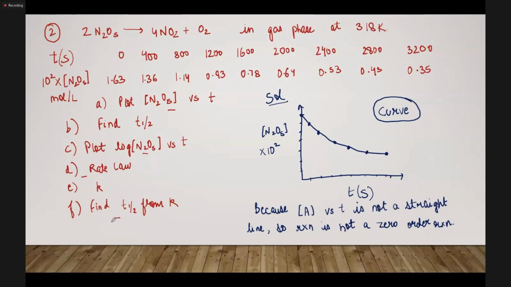Okay, now what they say is find the half life. They have not still talked about the order of the reaction. So what they want is the half life. What is half life? Half life is the time which is required for the concentration of the reactant to reduce to half of its initial concentration. So what is the initial concentration? 1.63. So at some time the concentration should reduce to half. So the half of 1.63 is 0.815. Okay, so basically from the graph,